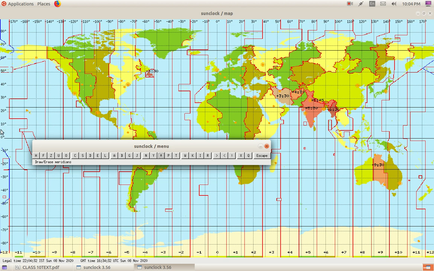See, 0 degree, 10 degree, 20, 30, 40, 10-degree difference. Downwards, it is -10, -20, -30. It goes like that. Okay. Then,